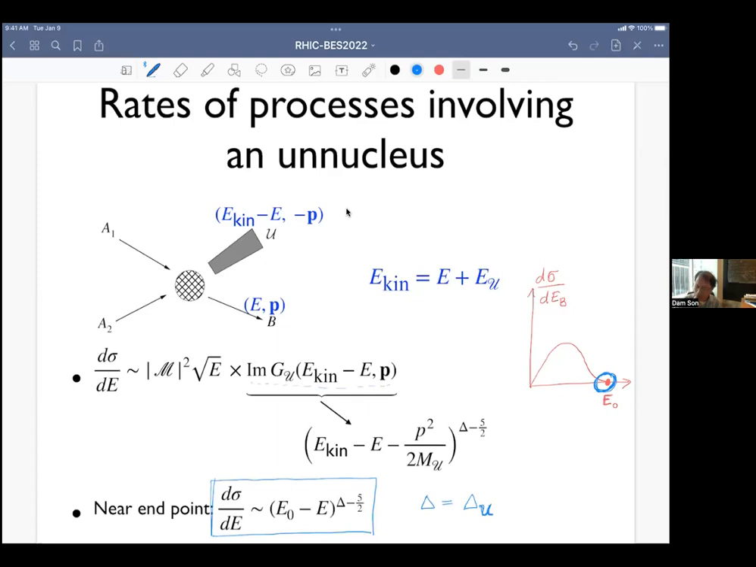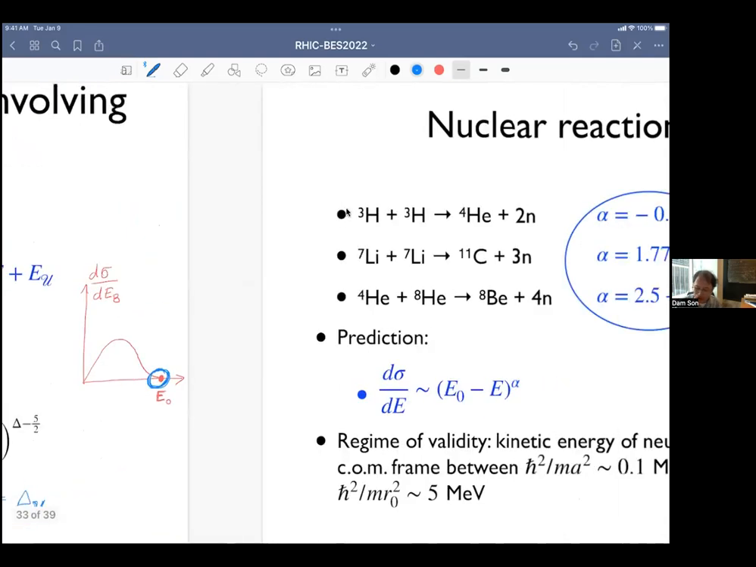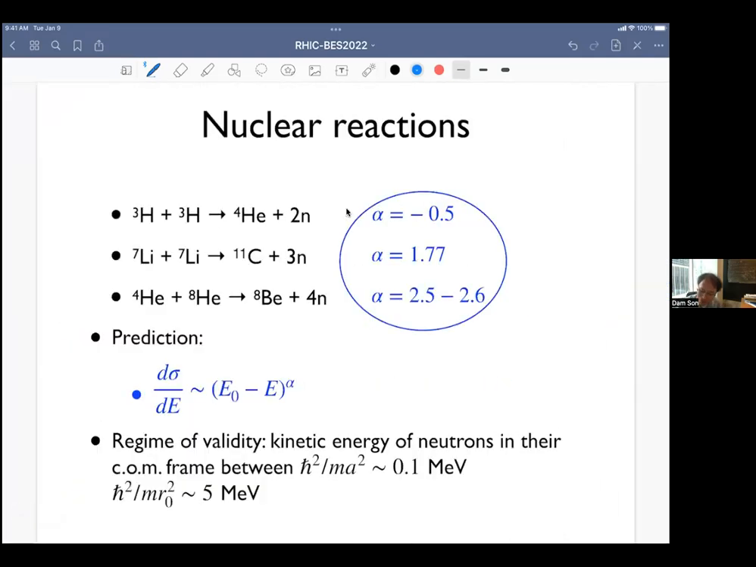This statement can then be applied to our reactions with 2 or 3 or 4 particles, because we know the dimension of the operator. So let's recall d sigma over dE is proportional to E0 minus E, where E is the energy of the particle B, to the power delta minus 5/2. When we apply this to, say, a reaction with 2 neutrons in the final state, we find that the reaction with the emission of 2 neutrons should have